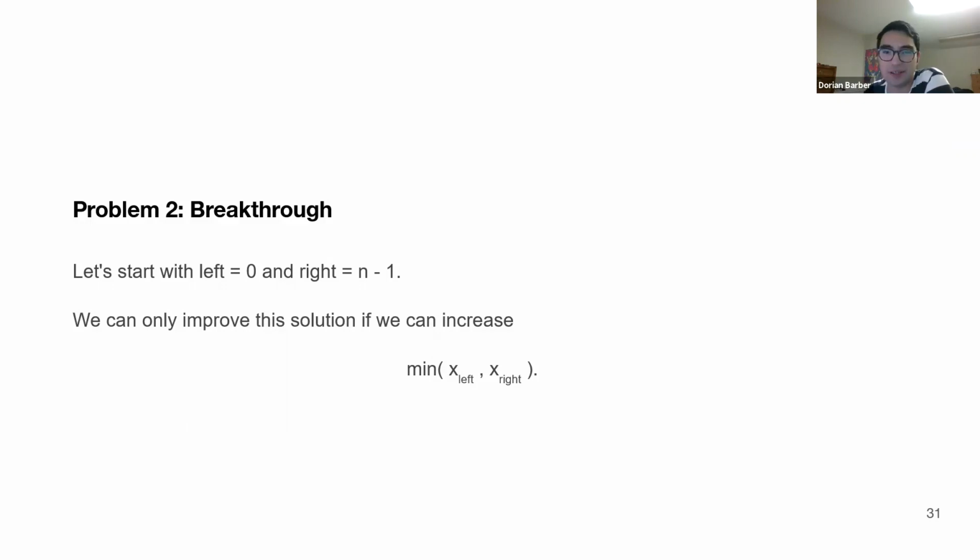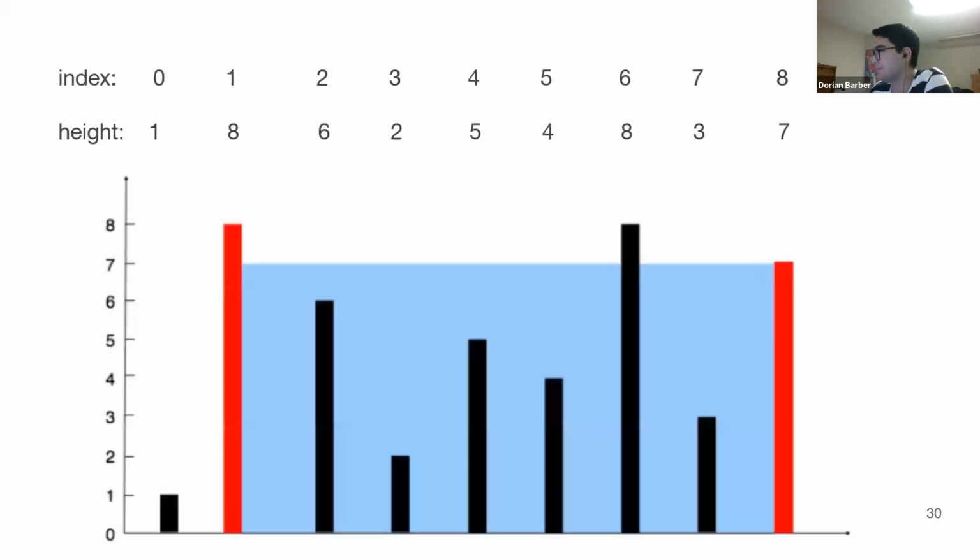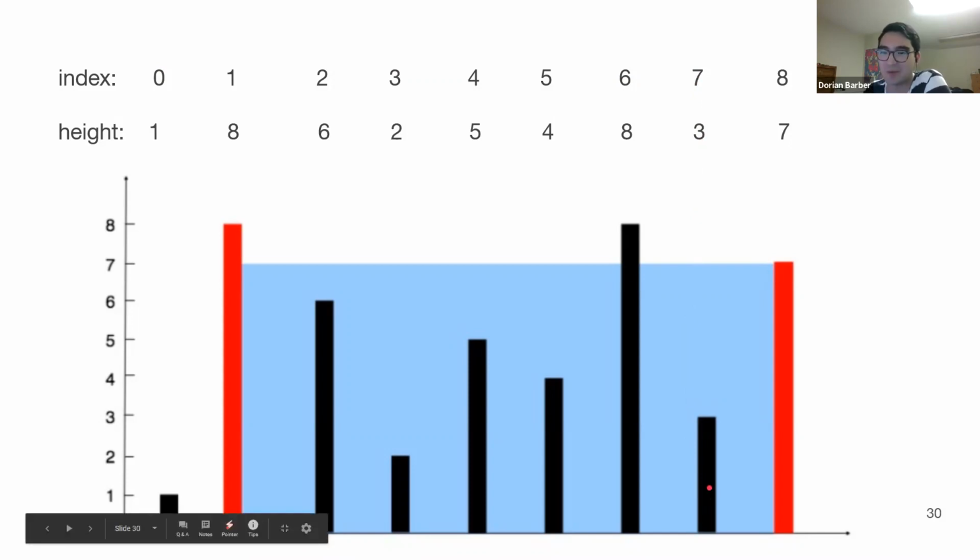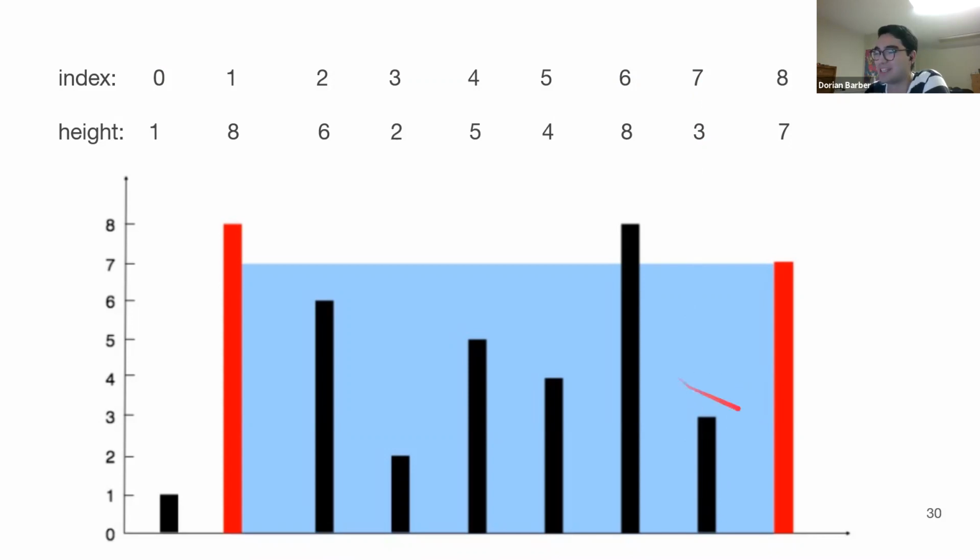So maybe if we take a step back, let's say we're at index 0 and 8, okay, and then we decided to shrink the right hand side, right? So we went from 0 to 8 to 0 to 7, right? Actually, this solution only got worse, right? We've decreased the width and we've done nothing to the height, right? And there's actually no way we could make this solution better. And there's actually no way we can maintain this solution because actually we might be able to, but